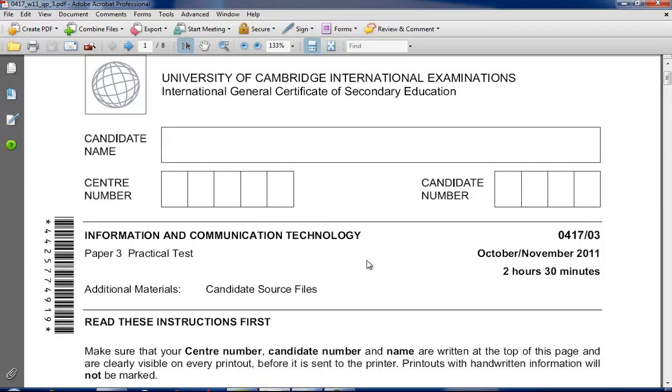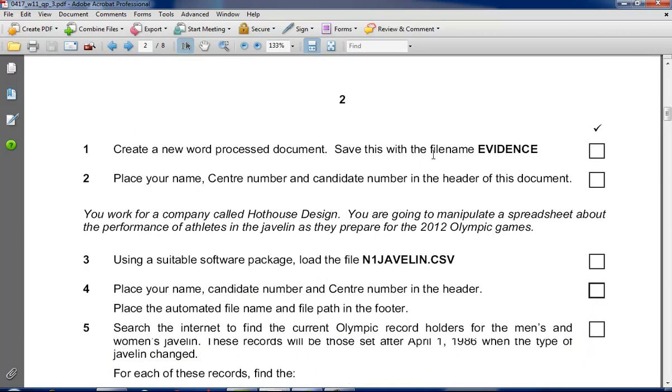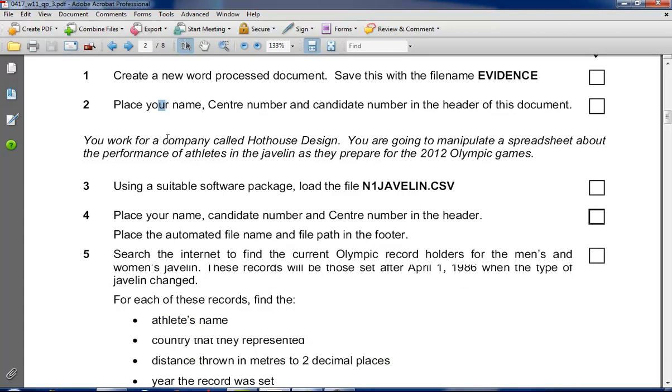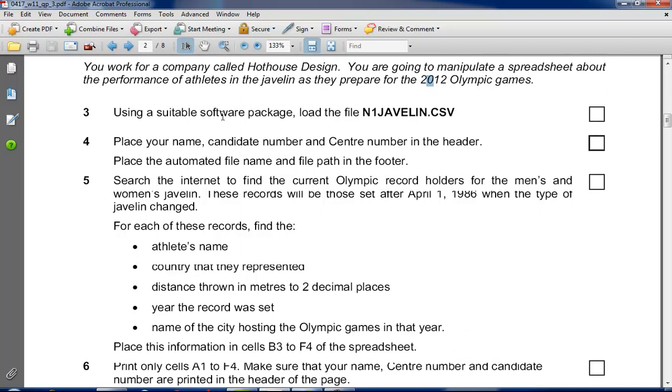This paper is paper 3, October-November 2011. Let's start doing it. Creating a document, this evidence where you can place your evidence files. You work for a company called Hotel Design. You are going to manipulate a spreadsheet about the performance of athletes in javelin as they prepare for the 2012 Olympic Games. Use a suitable software package, load the file